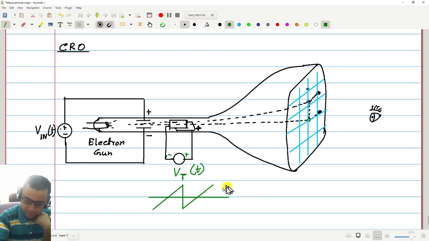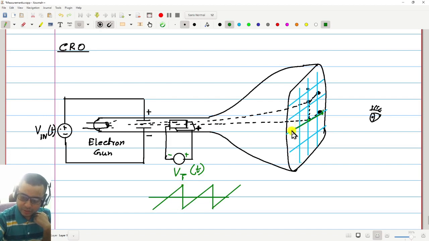Then it goes up, again it comes down suddenly, and it continues like that. Okay, then because of this voltage, the electron beam, how will it move? It will move from extreme left to extreme right gradually as this voltage increases gradually. So the electron beam will move from left to right, and then suddenly after coming to the extreme right, it will suddenly come back to the original point when this voltage drops suddenly here.